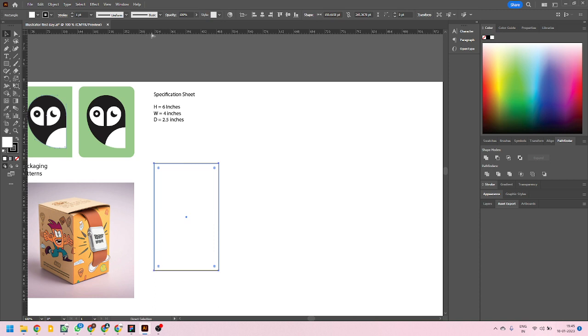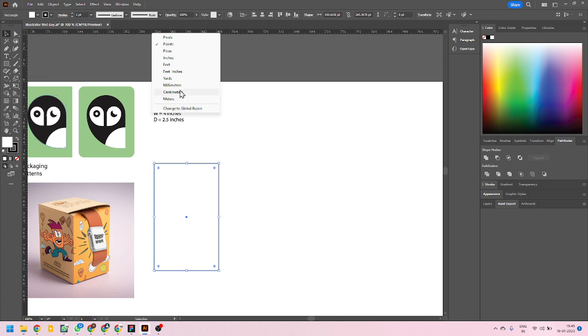If you don't see them, then you have to press Ctrl R on the keyboard and then right click on it and then choose inches or your measurement convention, whatever it is. So I'm going to go for inches. In fact, rather than going for inches, I should prefer millimeters, because that will allow me to conveniently add bleed to it. Usually we go for 3 mm bleed,